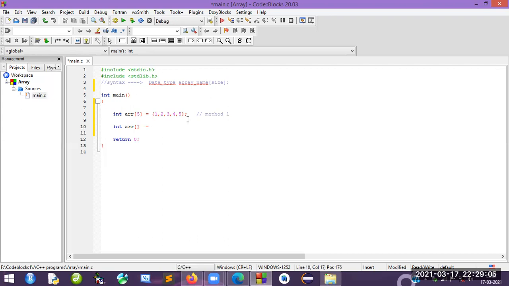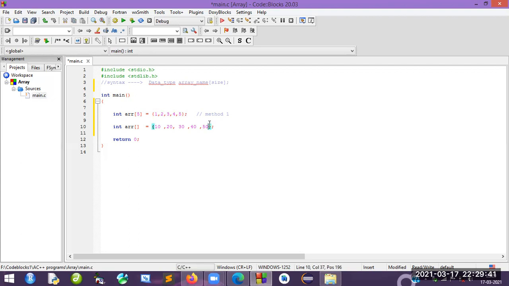Without using size, I am declaring an array. Now I mention the elements here, for example 10, 20, 30, 40, 50, semicolon. This is another way we can declare an array as well as initialize the values.